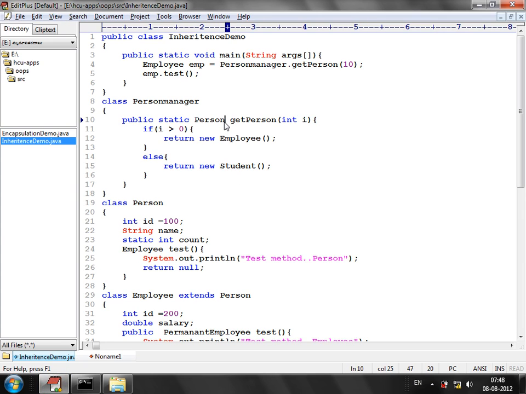Now, what will it give? Will it give a compile time error? Yes or no? Yes, it will give a compile time error. This is the previous example only. So, to avoid these scenarios, what we do is